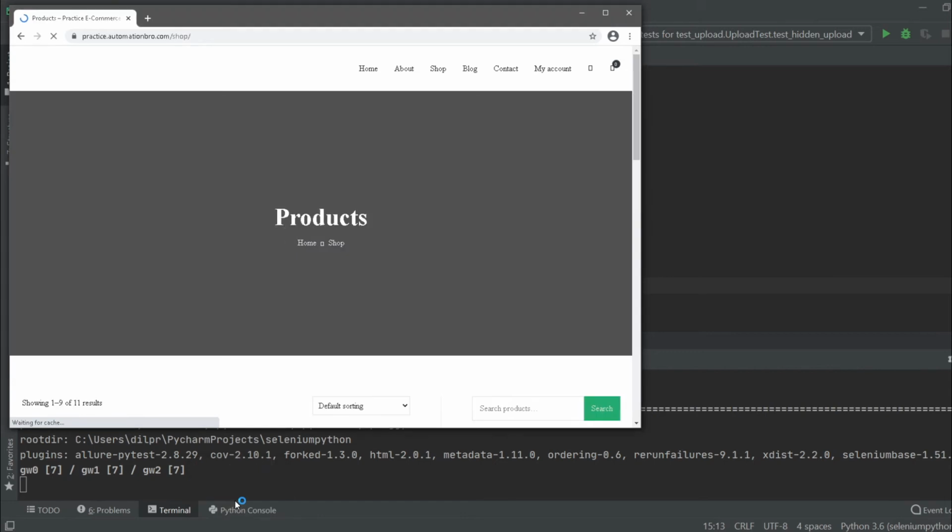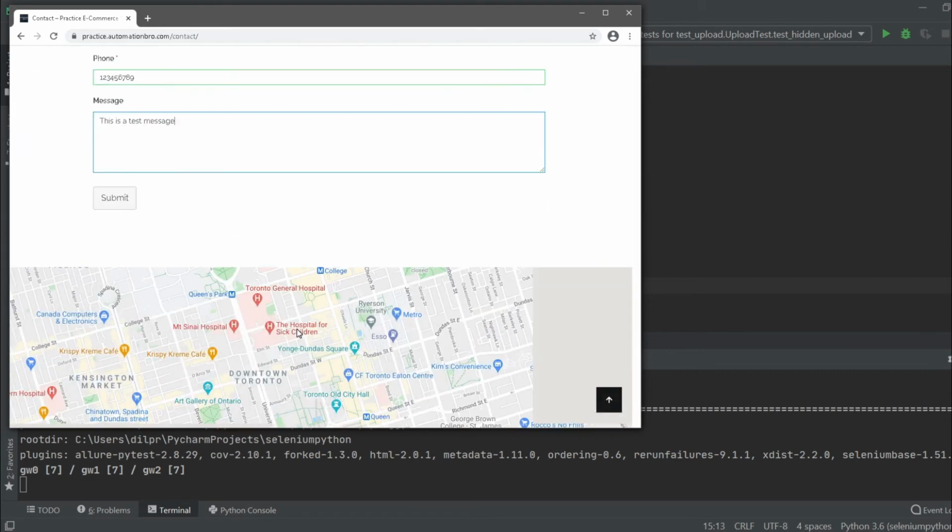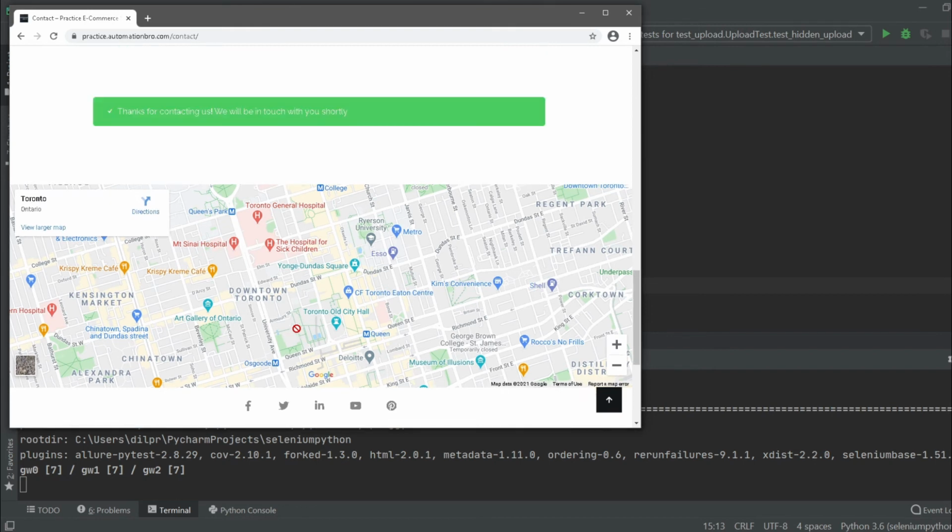So over here, it's running the test on my account. On another one, it's running the test for the shop page. And if I open up another one, it's running the test for the contact page. So as you can see, for each different browser, it's opening up the test for a particular file. So I'm just going to wait for this to finish, and then we're going to review our test.